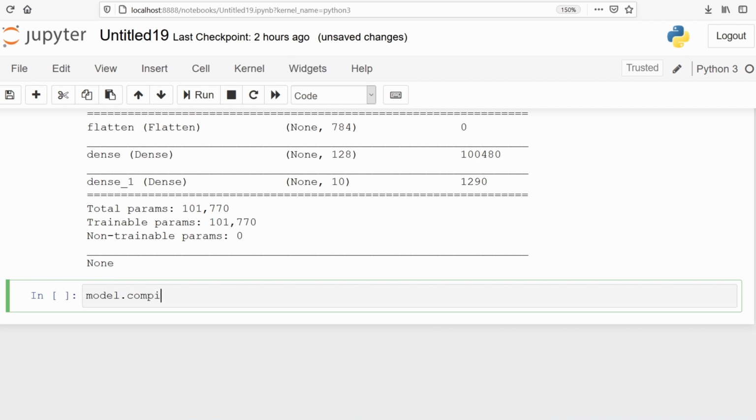Model.compile. In optimizer, we are going to use Adam.